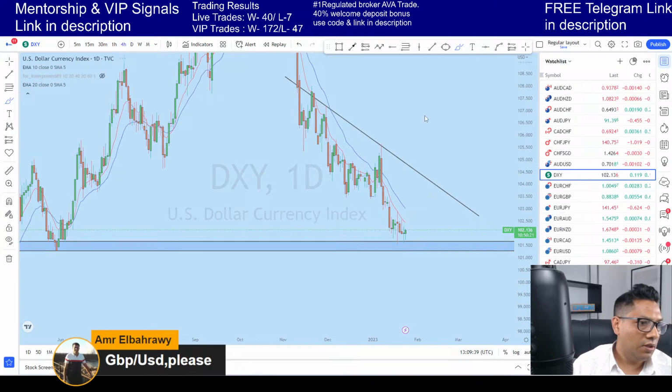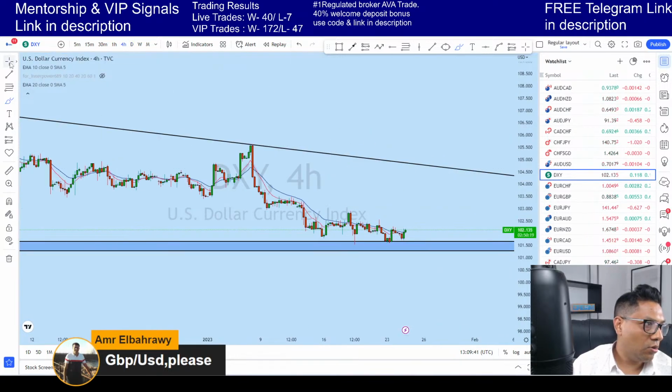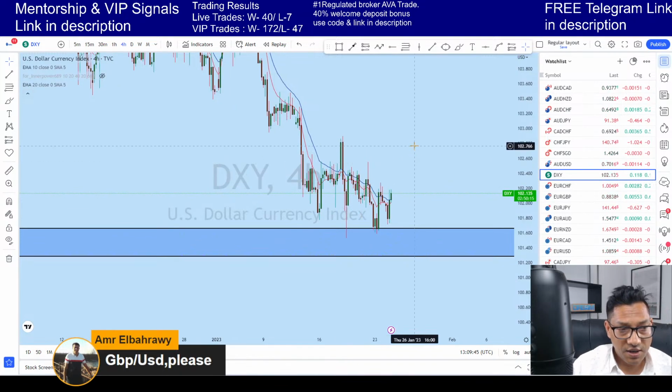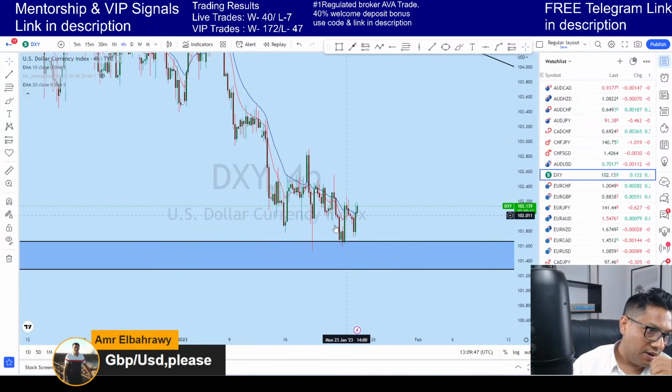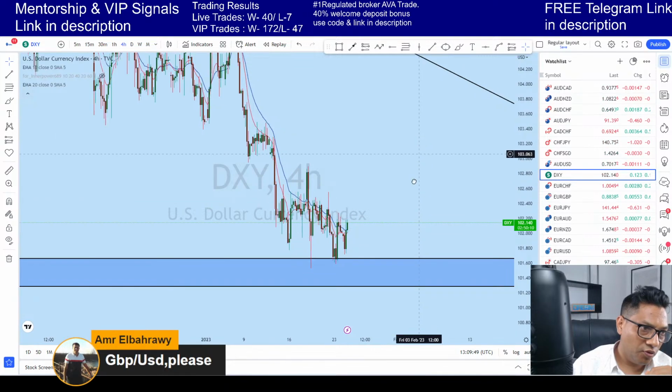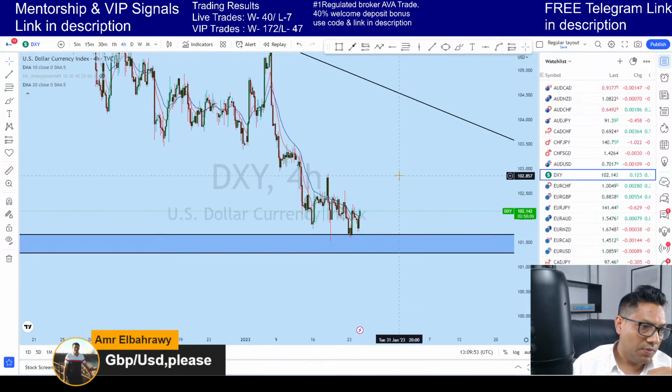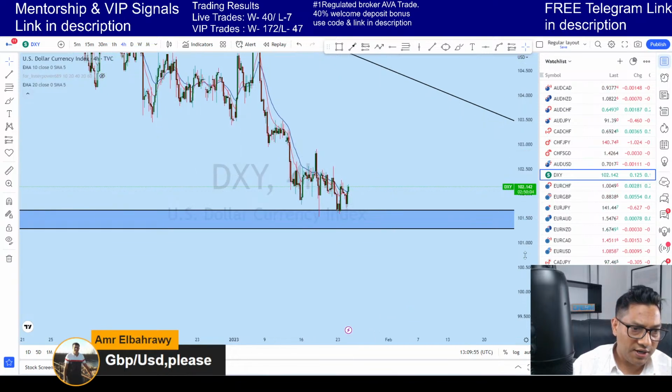If that's the case, until we see a clear rejection we can't say, but it looks like DXY might be slowly turning bullish for the short term. We might see this market bullish. Still, the trend is down, but